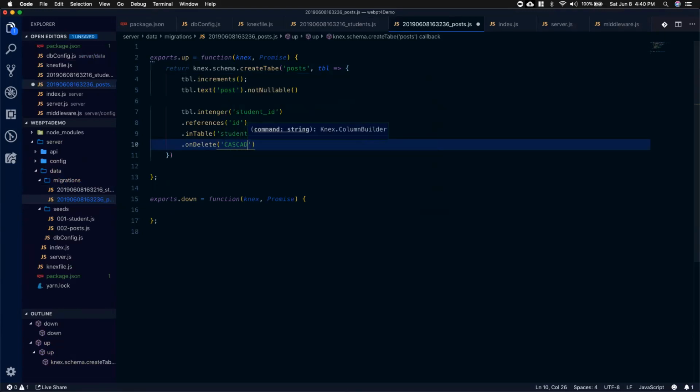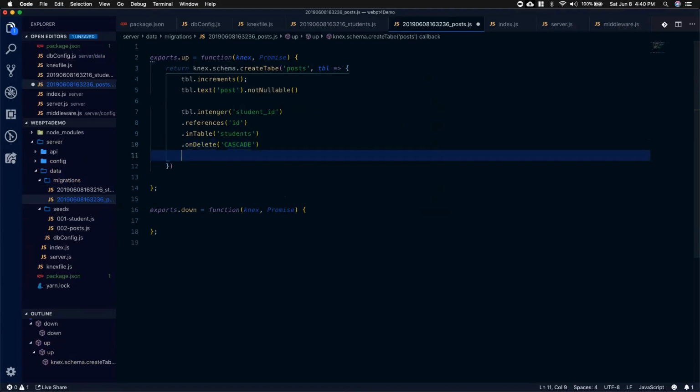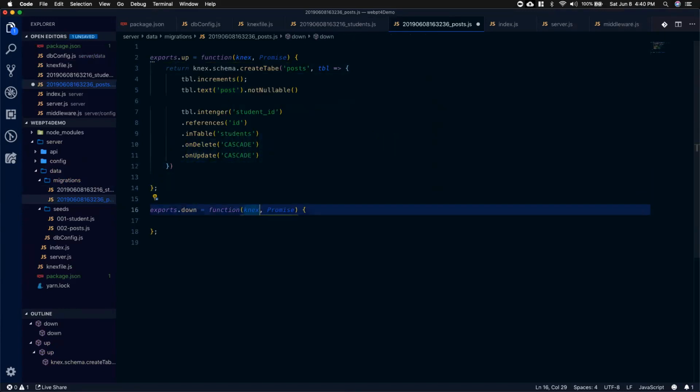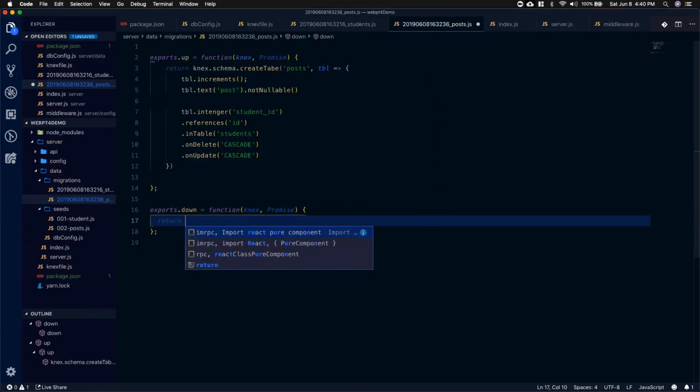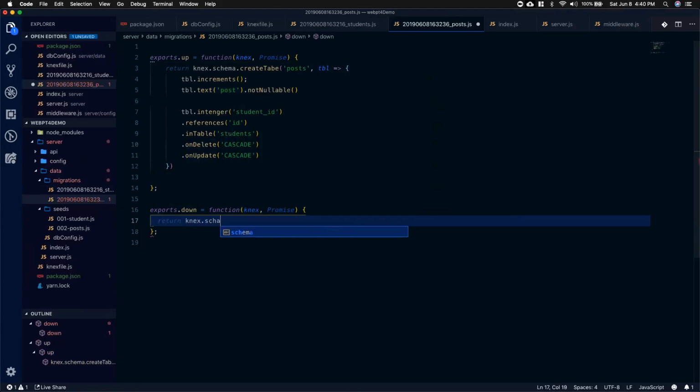So if you're using the raw command, which I'll show you once we start getting into routes, you don't really have to actually use these knex commands. You can use just straight SQL,